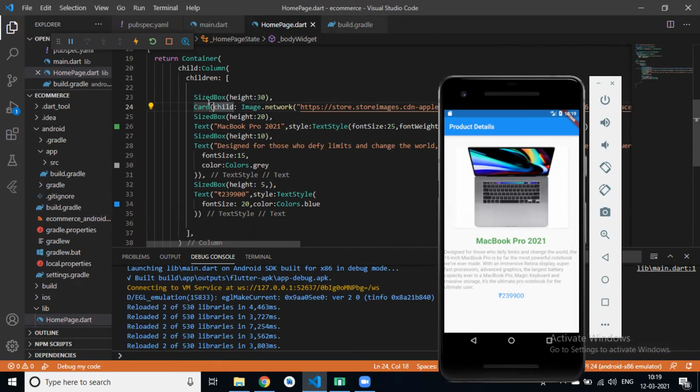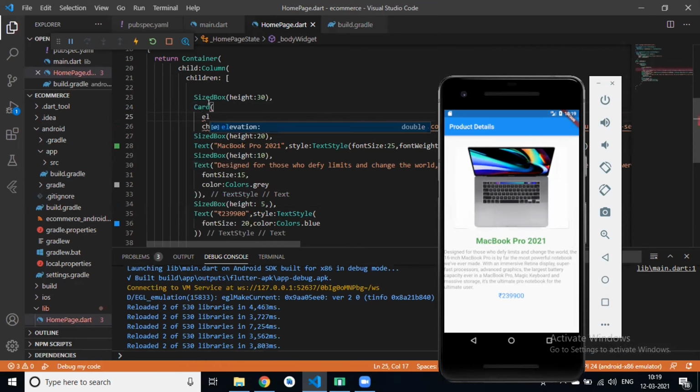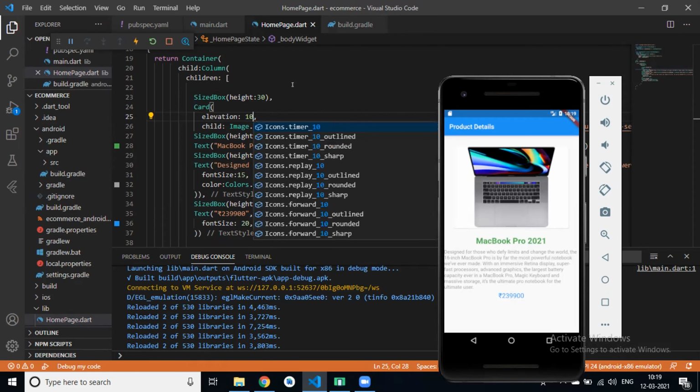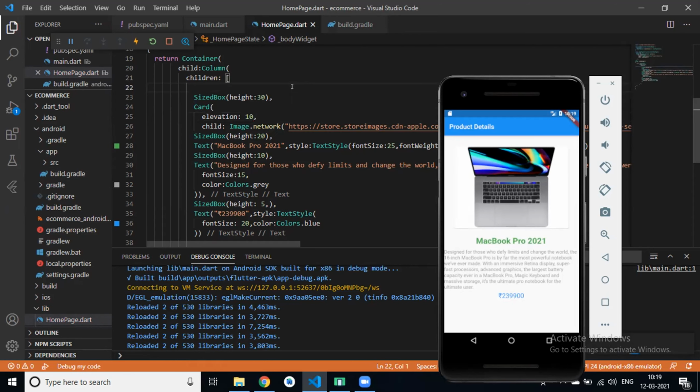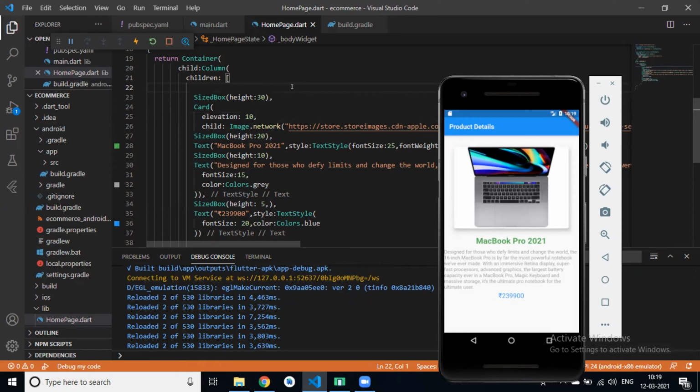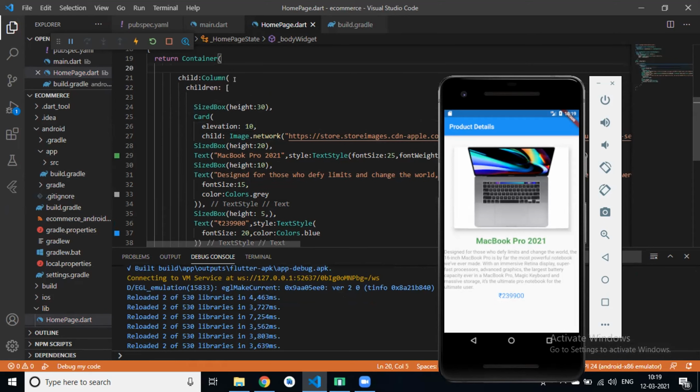In card we have a property like elevation. Can you see elevation? And for container, our background color is okay.